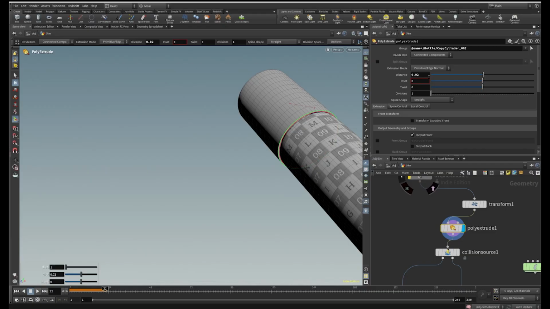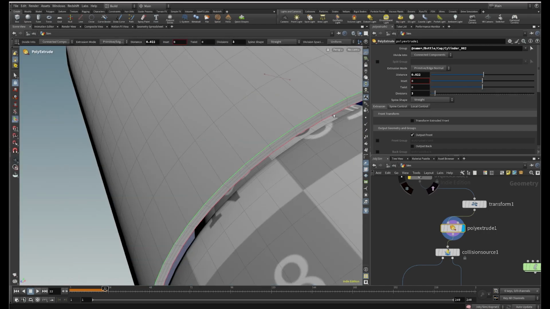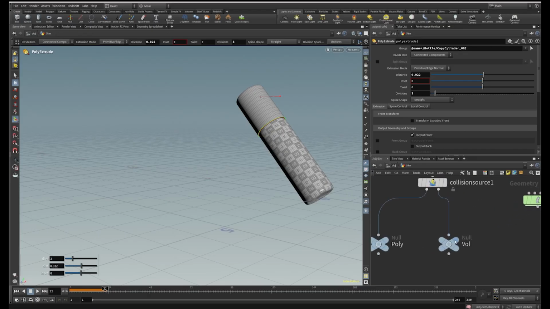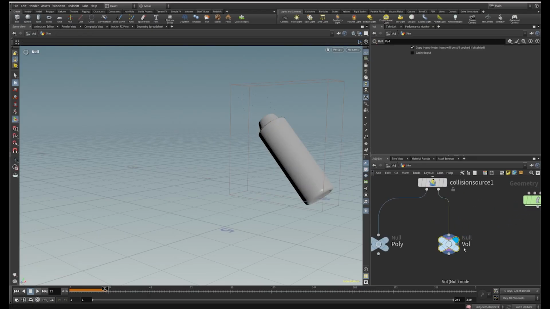The distance that we can keep here is something like 0.2 only. We can also give some divisions here. If I don't give any divisions, then this is what it is going to look like, but I would like to give some divisions here. Okay, and now if I come to the volume here, you will see